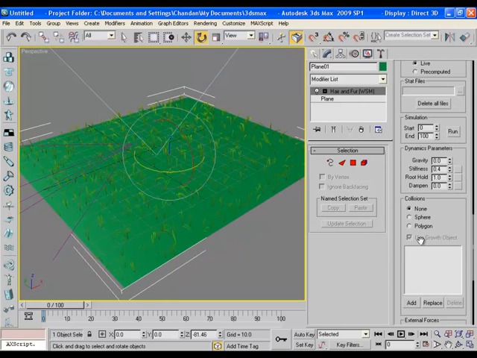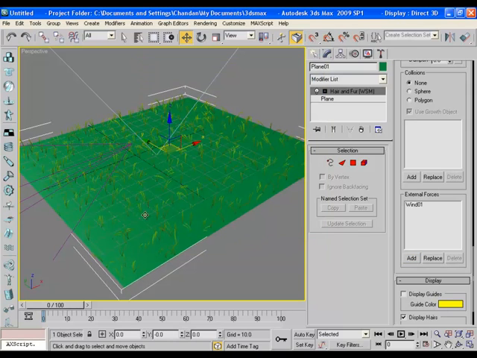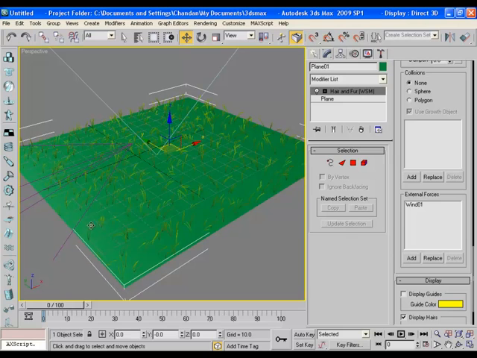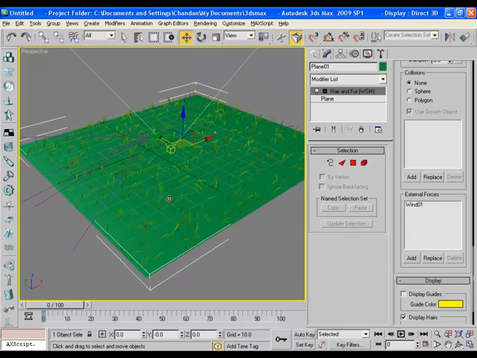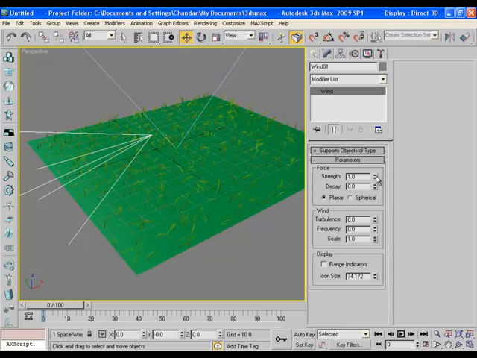And now in the external forces, add the wind from the list. And once you add it, you can easily see how wind is affecting the grass in the scene. Grass has now become live. For better results, you can always play with the values of wind,